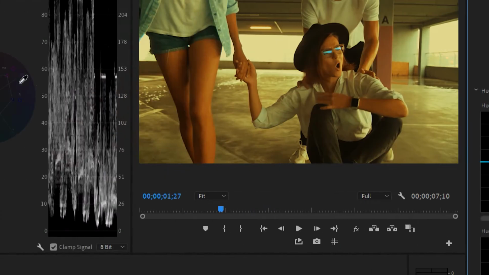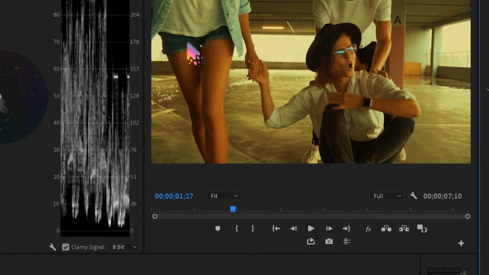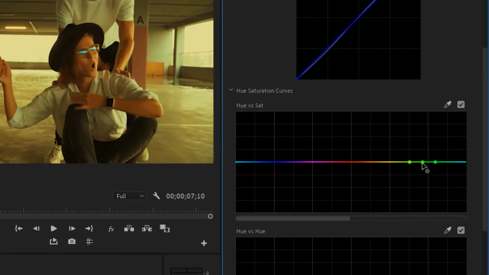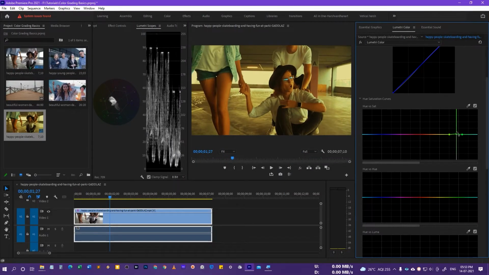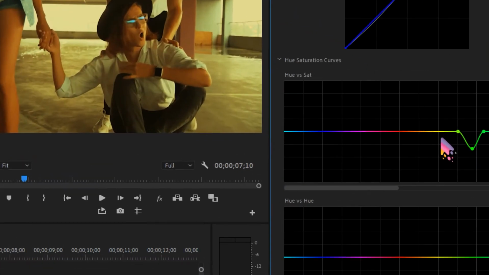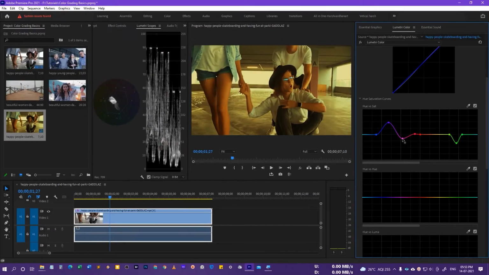And if we click anywhere and let's say select this color, that's going to select the green color. So we can just drag it up to add more of the green, or we can take it away, or we can simply create some points over here, anywhere, and we can adjust that particular color. So we can adjust the saturation of that particular color from top to bottom. All right, and if you just double click it, that's going to clear everything.